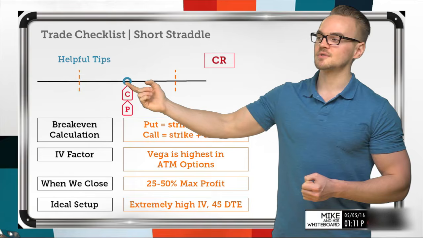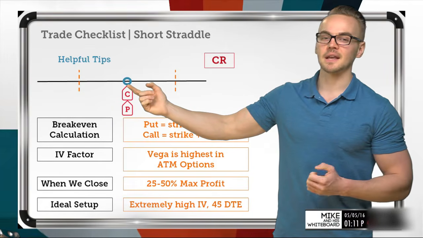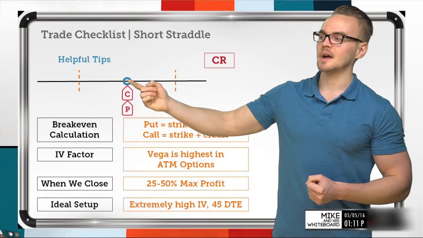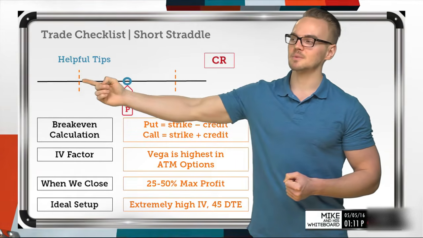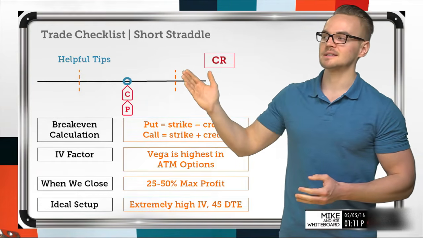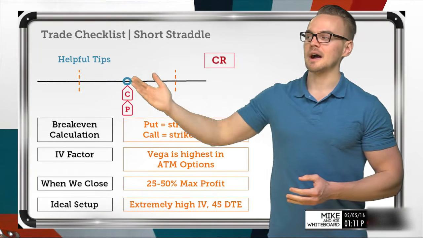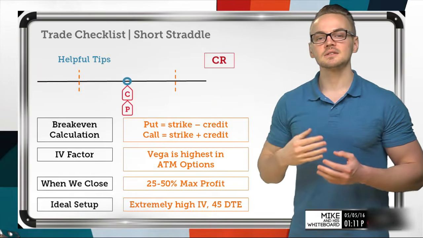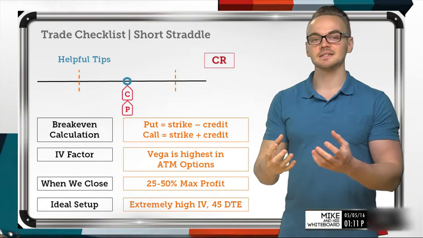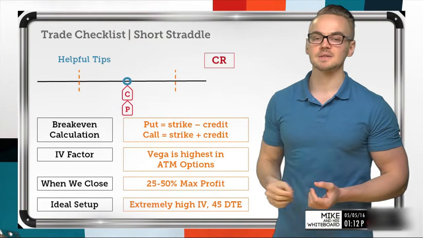If the strike was right at 50 right here and I collected $5, I know that my upside break even would be at 55 and my downside break even would be at 45. So I would have a $10 window there to be profitable, because regardless of where the stock price moves within this window, as long as I would be paying less to buy back one of these options at expiration,